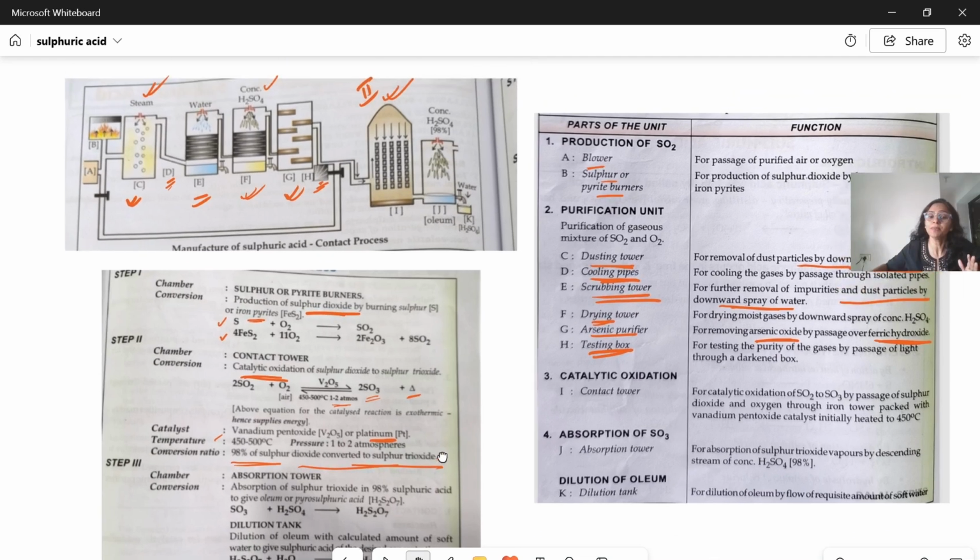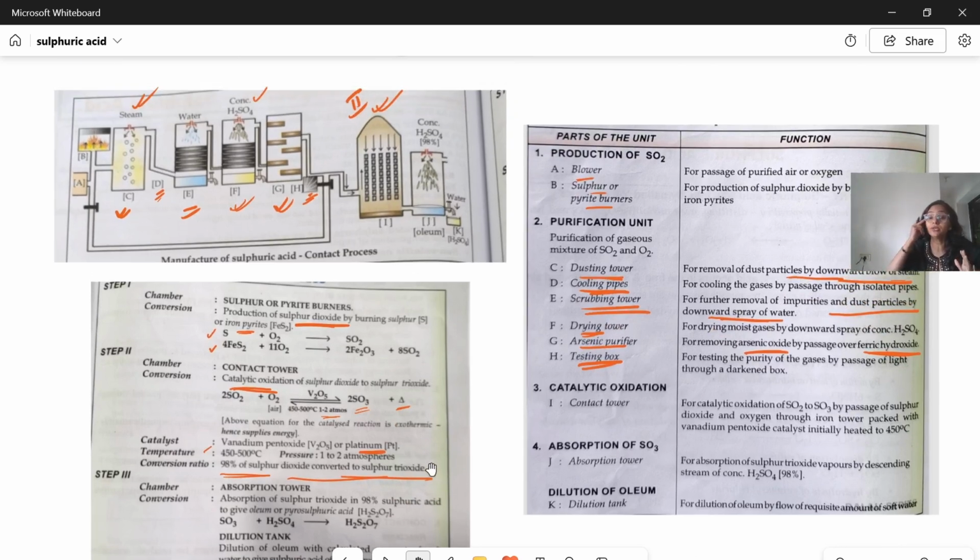What is the third step? Now, third step is we have to convert this sulfur trioxide to sulfuric acid. How to do it? Now, if you remember, you have done in your earlier classes like 7th and 8th grade that sulfur trioxide plus water gives you sulfuric acid. Which means what? We have already got sulfur trioxide. If only we add water to it, we should get sulfuric acid. But actually, it's not the case.